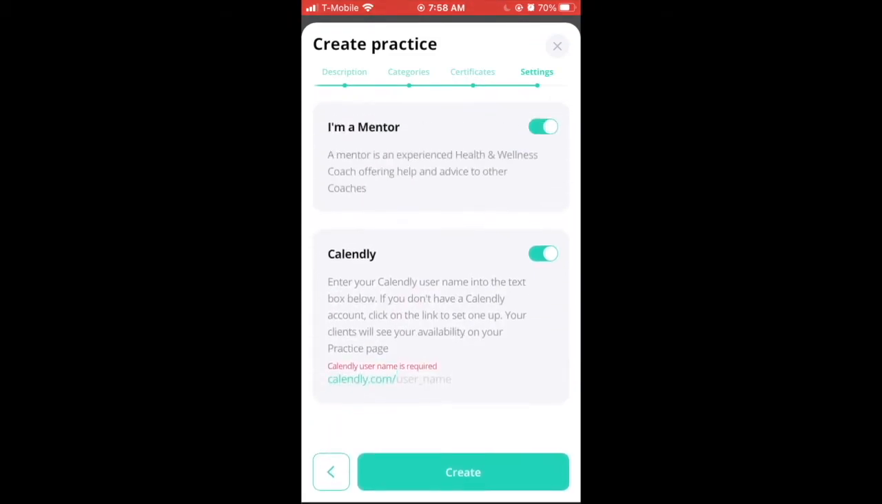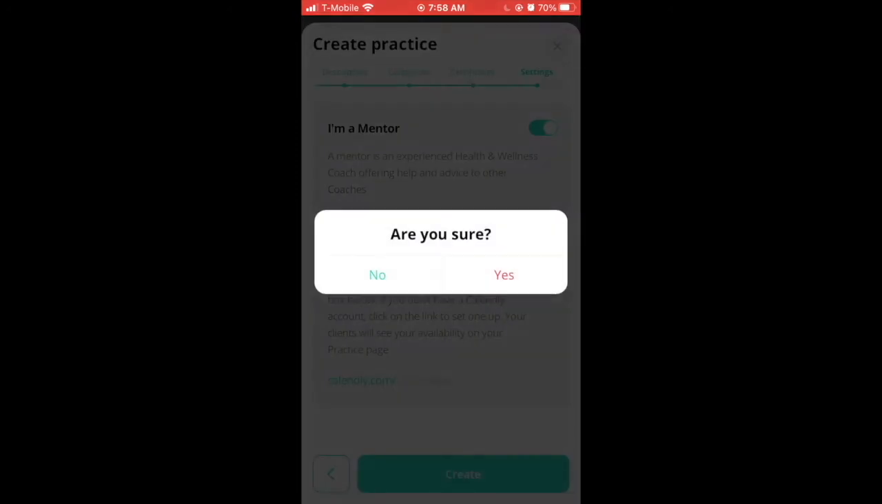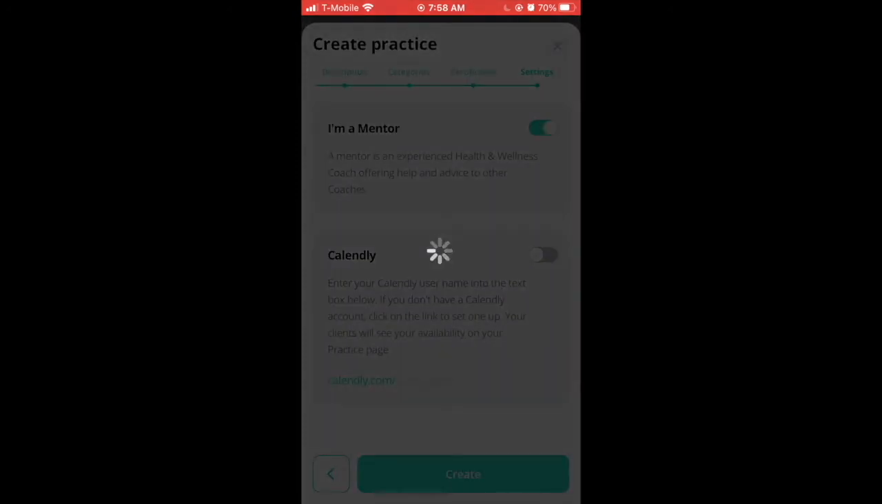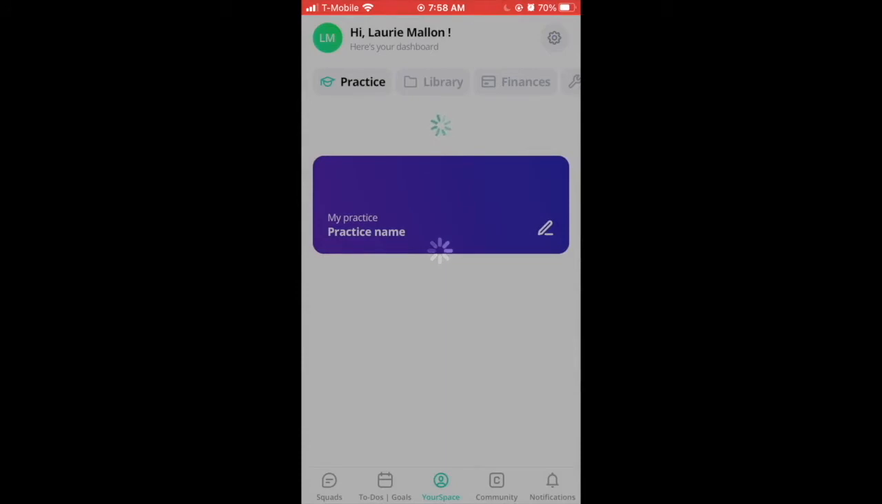I don't have one here, I'm not going to add it. And then we tap on Create. Are we sure? Yes. And now you can see on the main Your Space page, it'll list your practice. And from here, if you need to, you can tap on that pencil icon and you can edit any details